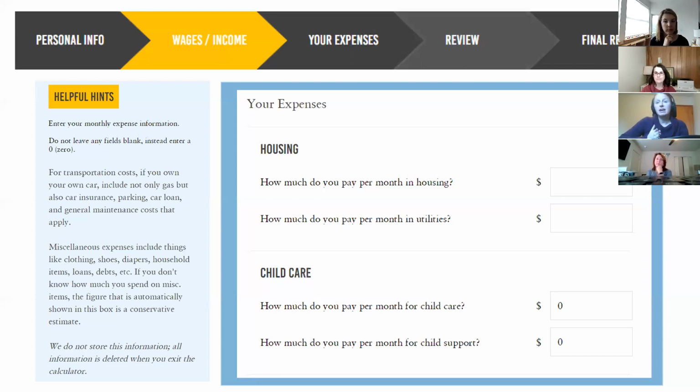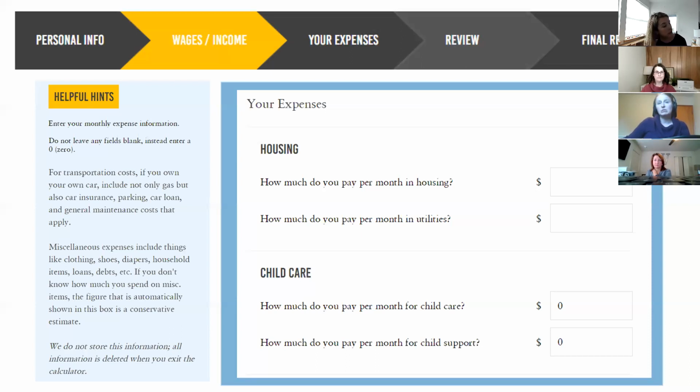That's general. But then what someone is able to do is go in and change different pieces of it so that it aligns with their expenses. So it goes into housing, childcare, transportation, a number of things. So it allows a participant to adjust that. If they have their mother-in-law watching their children and they do not have to pay for that cost, then they can enter 0 in that area. So it allows for a lot of flexibility, which I think is great. It helps people to understand, when I finish training, am I going to be able to pay rent? Am I going to be able to pay my expenses?